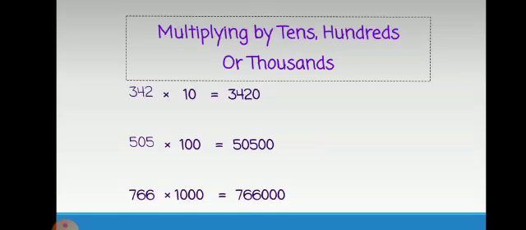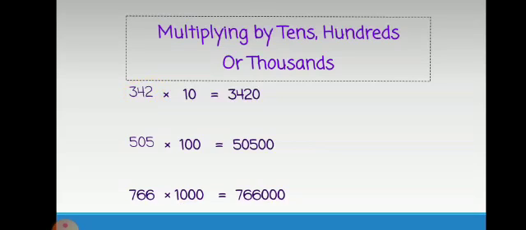We can say this is a shortcut method. How can we multiply it shortly? When a whole number is multiplied by 10, the digits of the original number, which is 342, move one place to the left and write a 0 in the ones place to give the product. Or you can say just write 0 with the original number. So you get its product, which is 3420.